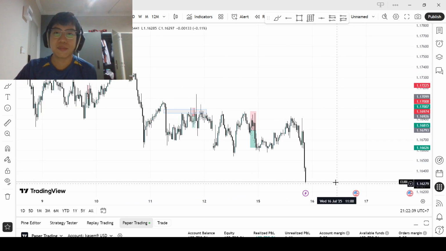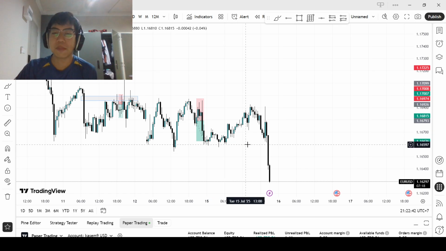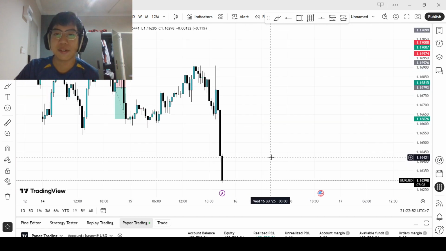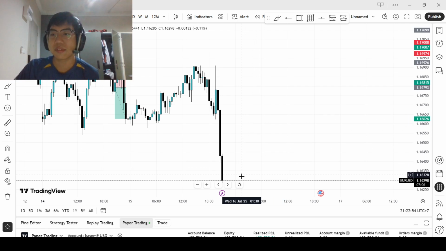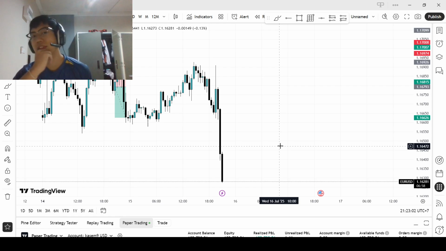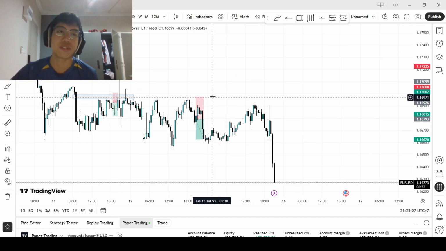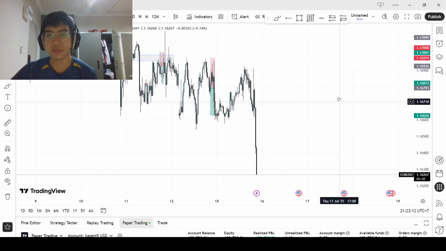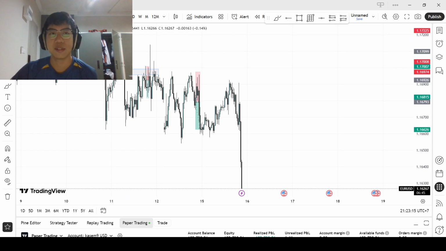As soon as we come in here, we see a big, big CPI drop. This is exactly why I'm not trading today, and why you or anyone listening shouldn't be trading today because of CPI. This is like, how much is that? 30 pips, I mean, not 300 pips. Anyways, that's a lot of money to be lost. And trading news is gambling.